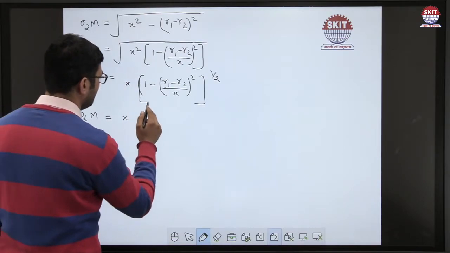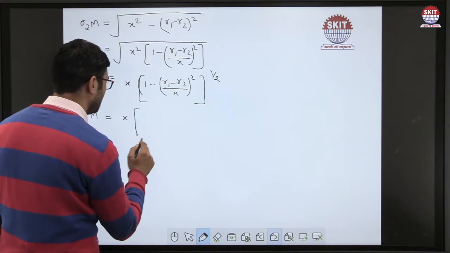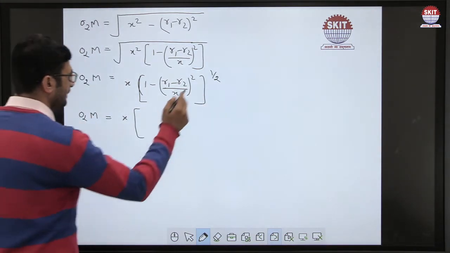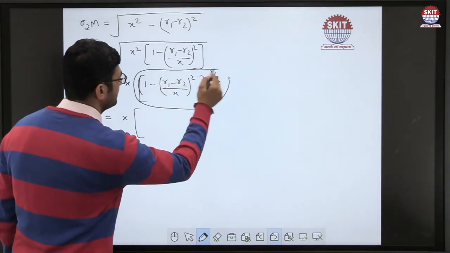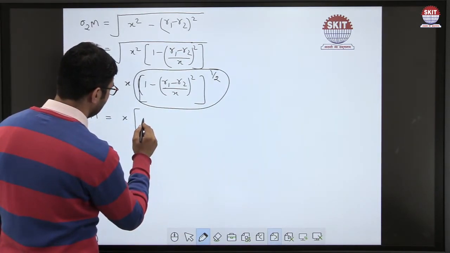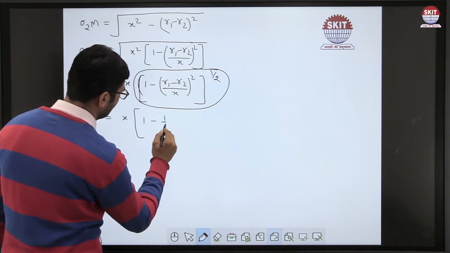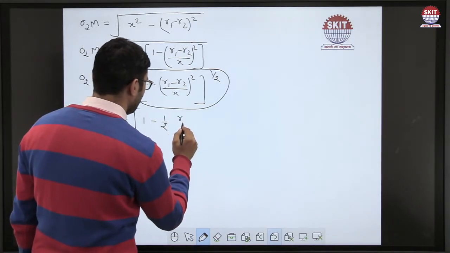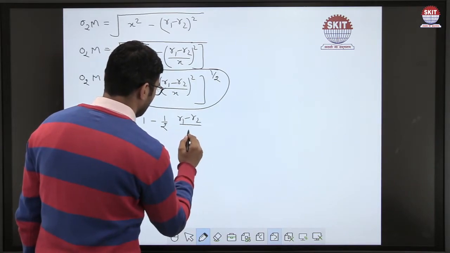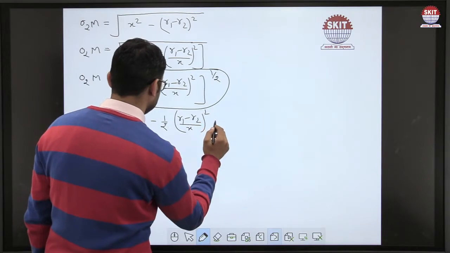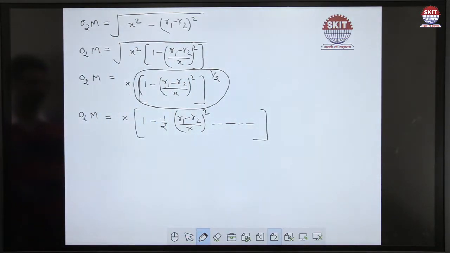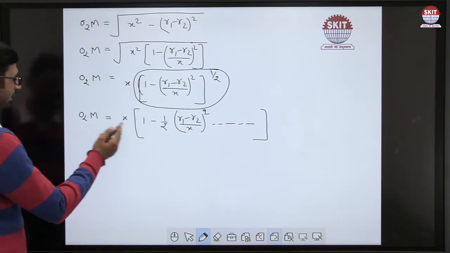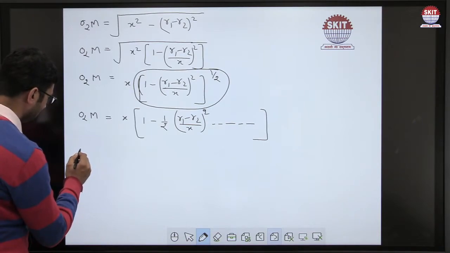equation is like that, and we only expand the first two terms of this mathematical expression, and the expression is this: 1 minus 1 by 2, R1 minus R2 by x whole square, and the remaining terms are neglected. Only the first two terms of this expression are used to find out the value of O2M. Now the value of O2M